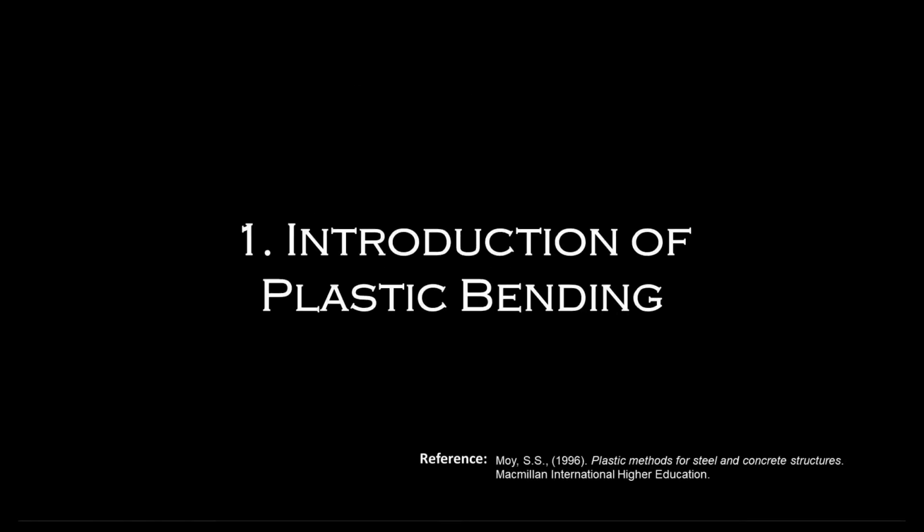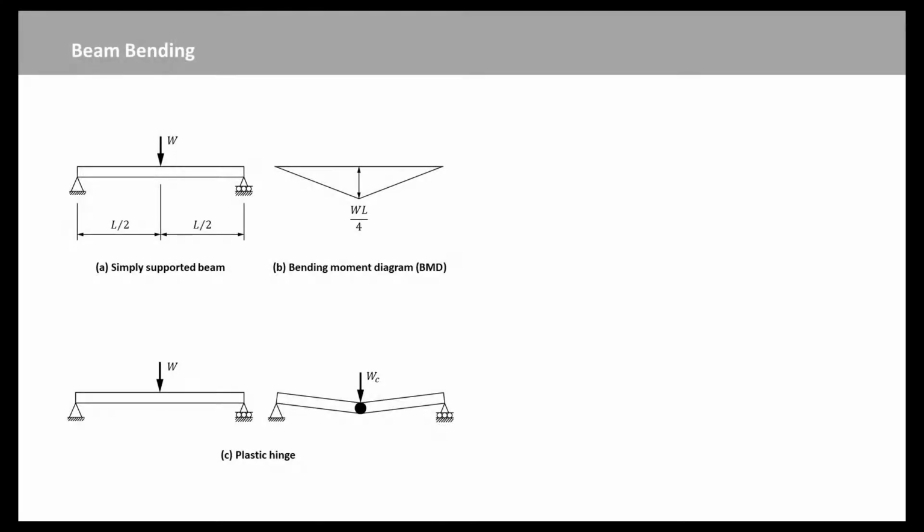In a framed structure, the applied forces are resisted mainly by shear forces and bending moments in the members. Before considering the collapse of frames, it is necessary to examine what happens to a member when it bends enough to cause the most highly stressed material to yield. The simplest structure which resists load by bending is the simply supported beam, as shown in Figure A. It has an effective span L and carries a central vertical load W. The load is carried to the supports by the beam bending.